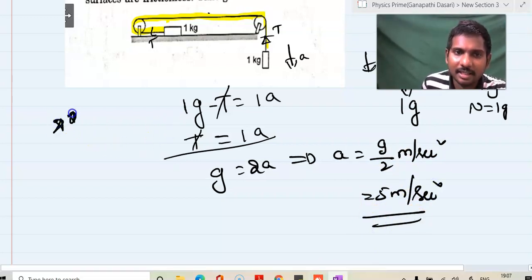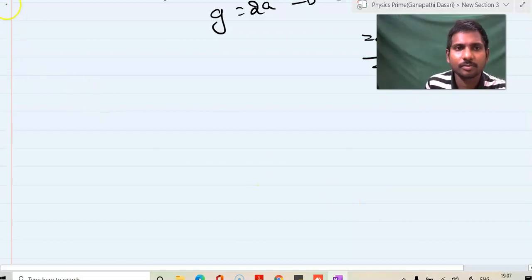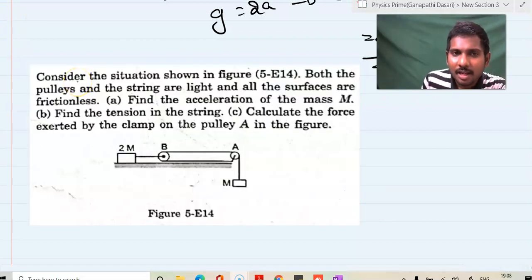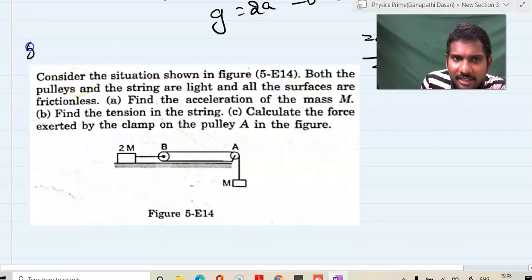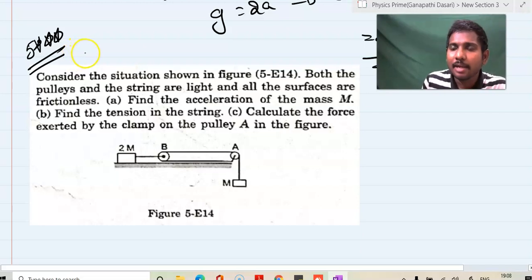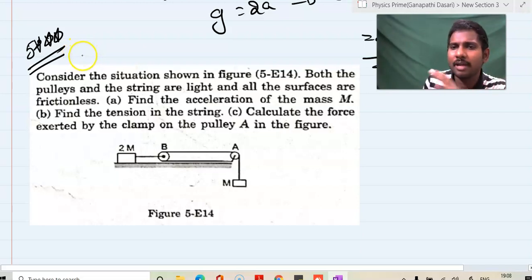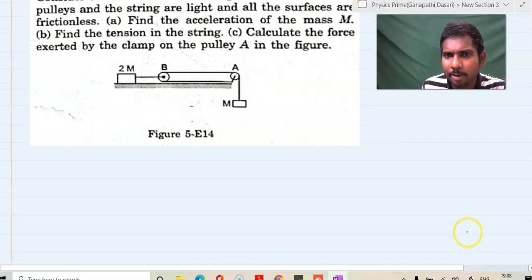This is another question, a quality question. Let us go to the next question. Students, this question is highly important in the sense that from this question I will teach you another important wonderful point. If you know this point and whatever points I taught you till now, you can solve any kind of pulley problems in this topic. What is that point I'm going to teach here? Carefully see it. Read the question first.